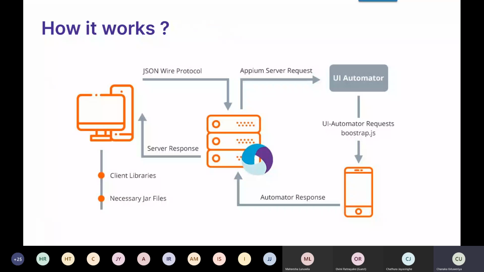Now we will see how it works. On my left hand side, I have my local machine or laptop. I need to install the client libraries, or jar files, on my local machine. I also need to install the Appium standalone server, so that once I connect my mobile device to the laptop, we can execute commands through the JSON protocol, and those commands will come to the